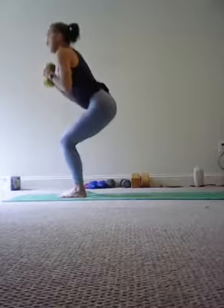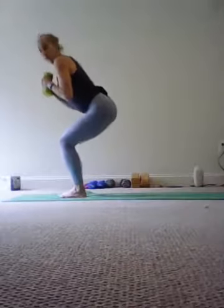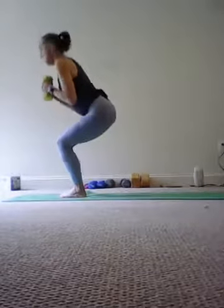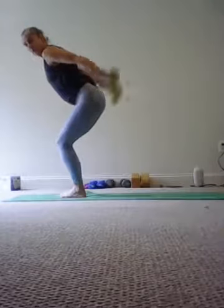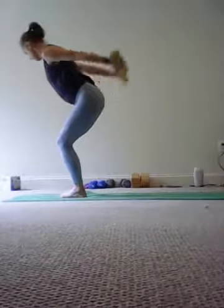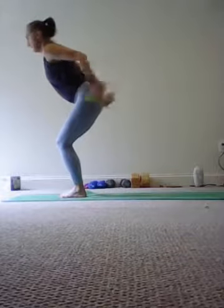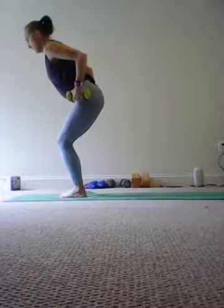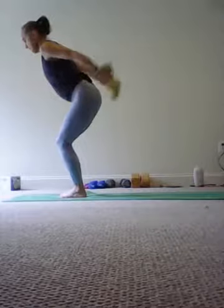8, 7, 6, 5, 4, 3, 2, 1. Taking them straight back from our hips. Let's go. Lift and lower. Lift. 8, 7, 6, 5, 4, 3, 2,